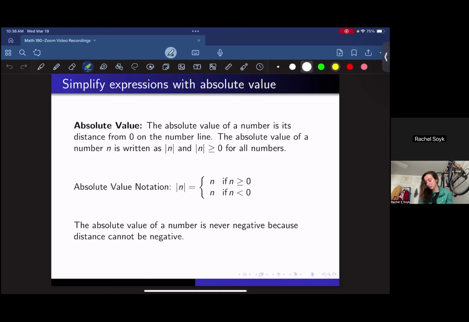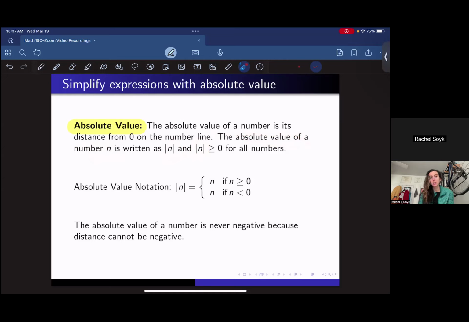So formally, we have absolute value of a number is its distance away from zero on the number line. The absolute value of a number n, we're just choosing n as our variable in this case, is written as, and then this is our notation mathematically. We have absolute value of n, where the absolute value of n is greater than or equal to zero